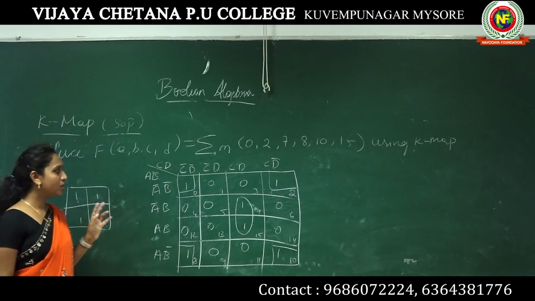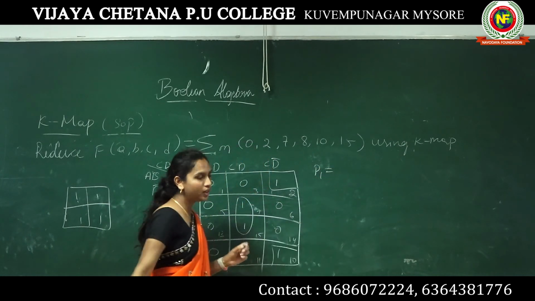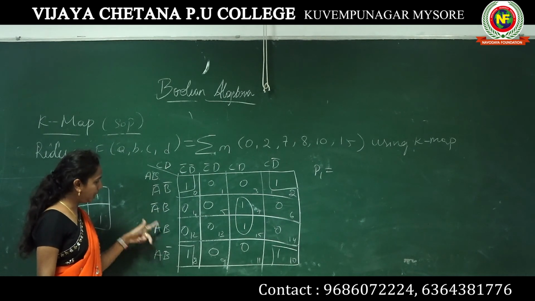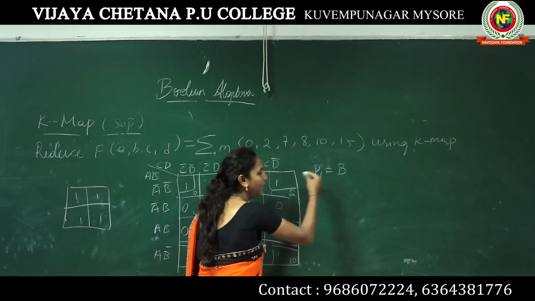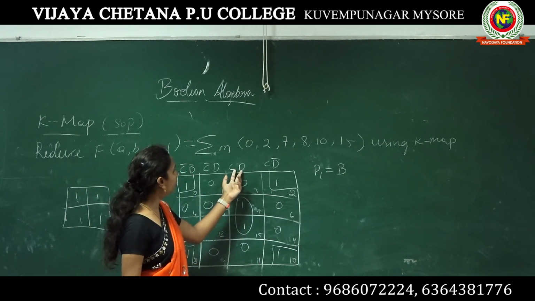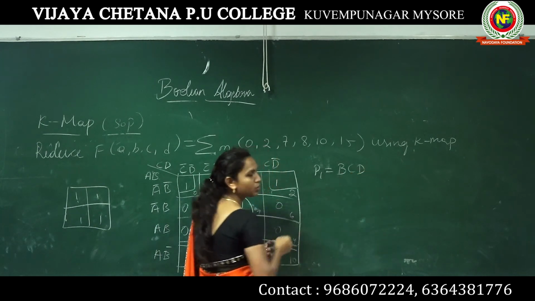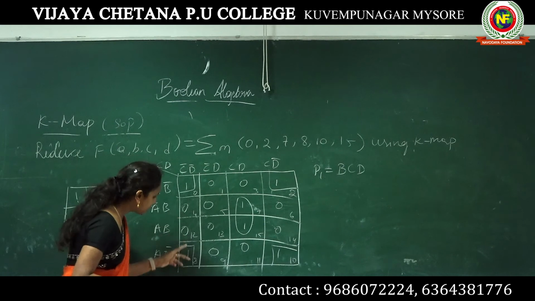Okay, so now we have to reduce. Take P1. Okay, so P1, pair 1, just take here, this is the common B. A bar is cancelled, remaining with B. You are going to write B. Next, going towards the vertical, here you have the CD. There is no cancellation there. Okay, again this is the quad